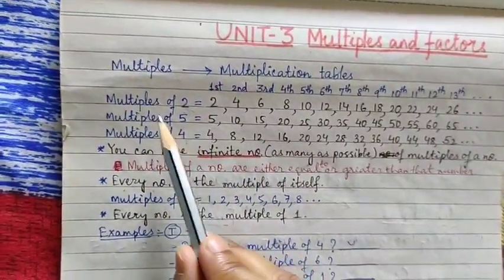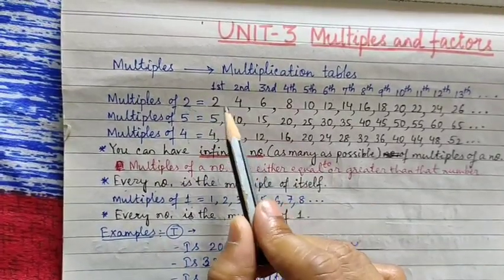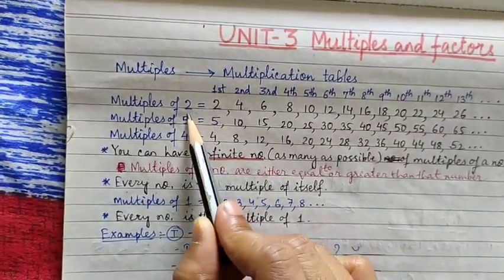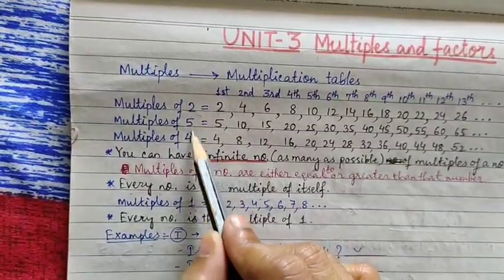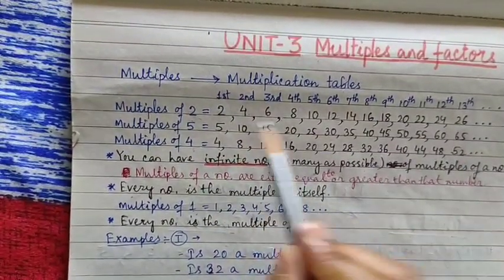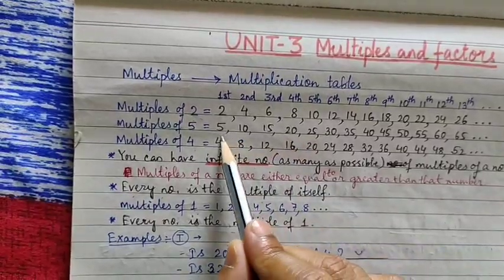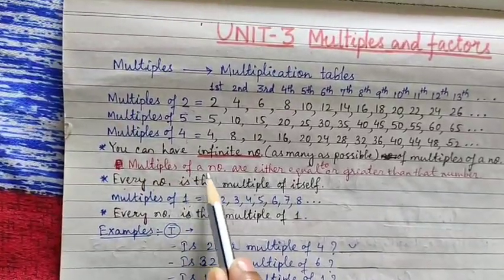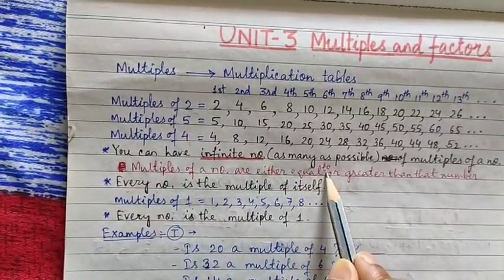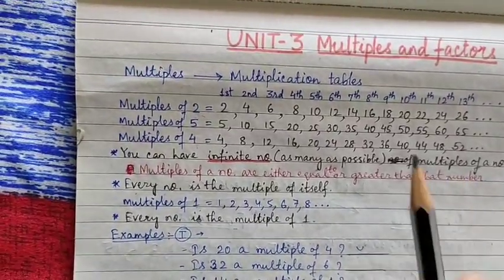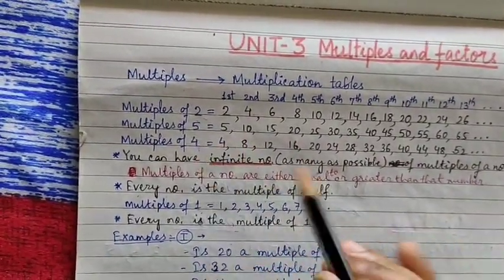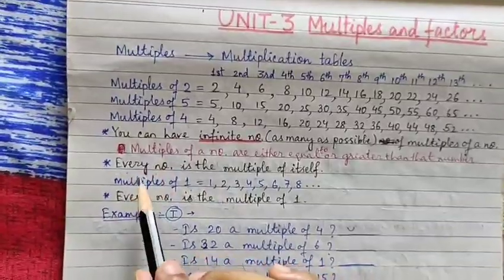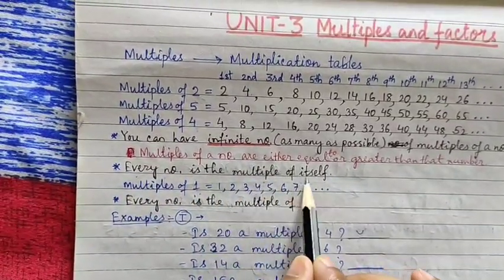Second thing, when you find the multiple of a number, you see that all the numbers are greater than the number and one number is equal to that number. यानी जितने भी मल्टीपल निकालते हो किसी भी नंबर का, सारे मल्टीपल्स उस नंबर से बड़े होते हैं और जो सबसे पहला मल्टीपल होता है, that is equal to that number. Means multiples of a number are either equal to or greater than that number. यानी याद रखो, मल्टीपल्स किसी भी नंबर के हमेशा बड़े होते हैं या तो फिर उस नंबर से बराबर होते हैं.